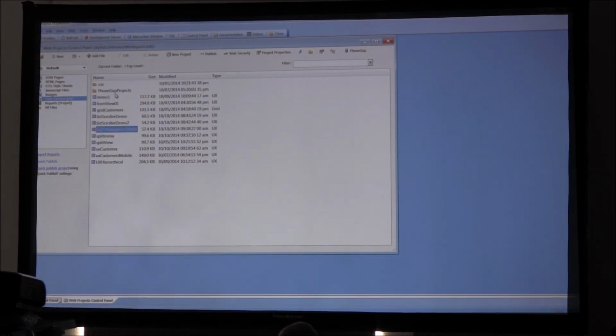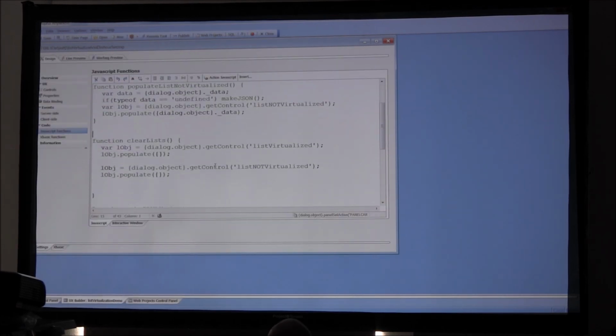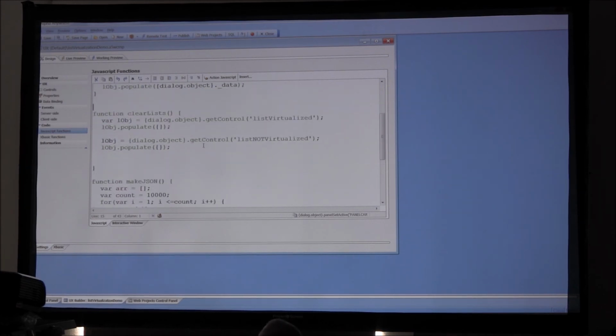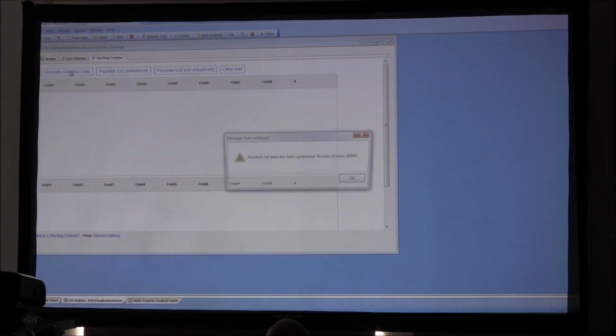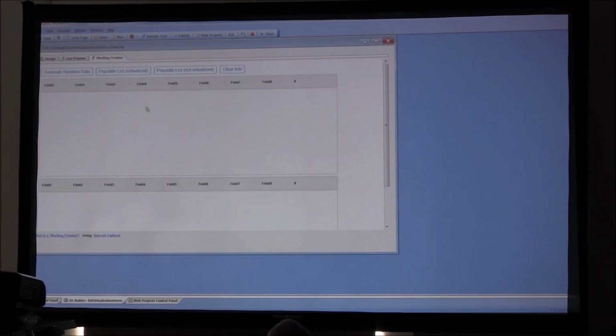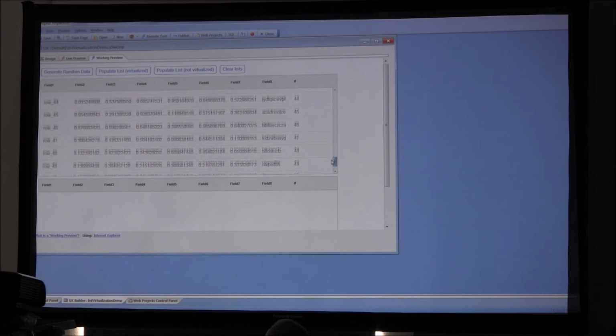All right, let's see if I can get this right this time. How many rows of data do I have? Okay, go over to the working preview now. Generate the random data, and now populate the list. And there you go. Virtualized lists are great, but now this list has 10,000 rows of data, so